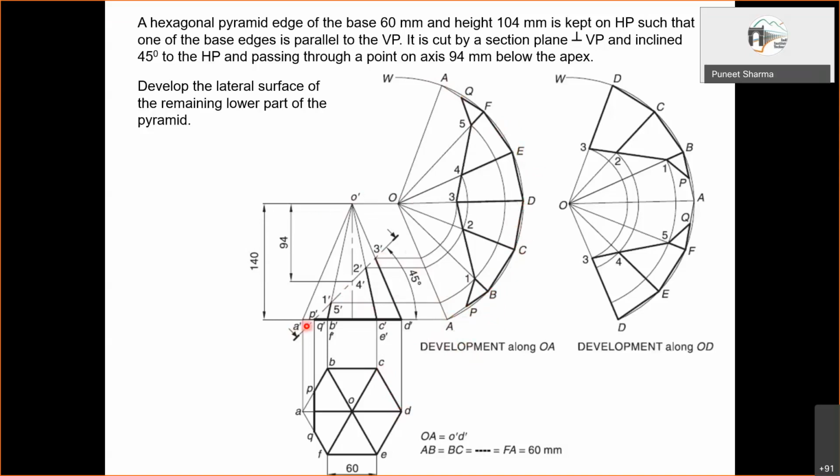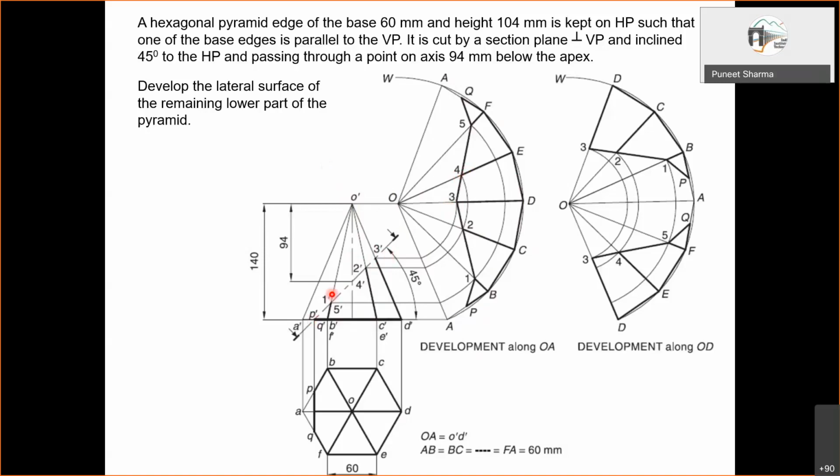Let us consider these points first, that is 1, 2, 3, 4, 5, because these are on the slant edges. 3 dash, of course, is giving true length directly. So on OD, you measure O dash 3 dash this distance, and on OD you mark it. So you locate 3. Then for 2 and 4, you have to project them onto the true length. Then you measure it from here. Then O2 will be on OC, so on OC you mark O2. This 4 is on OE, so on OE you mark this 4.